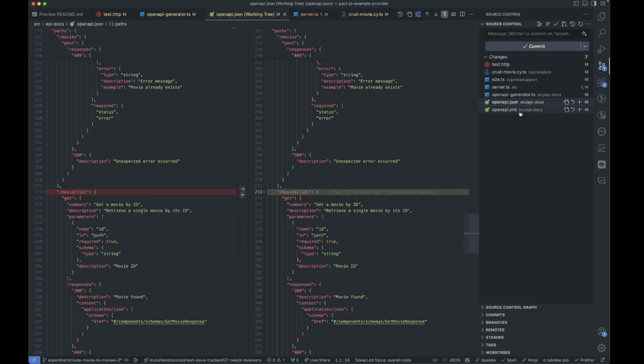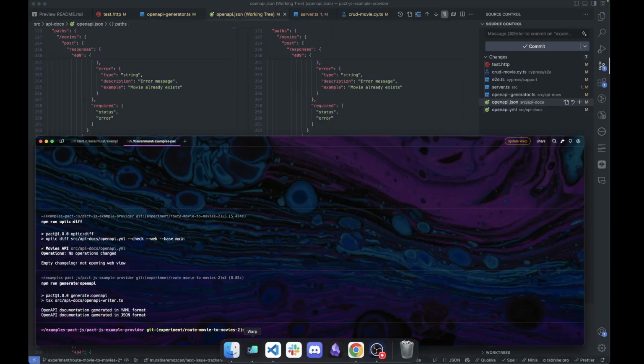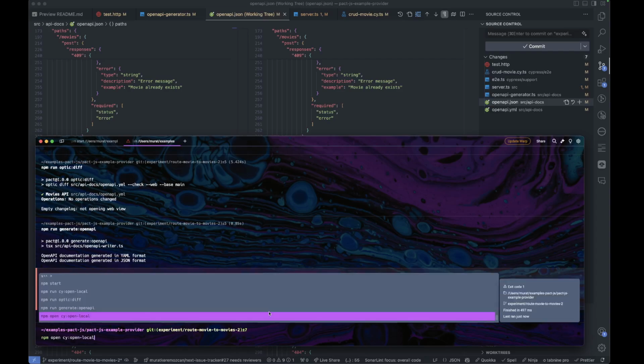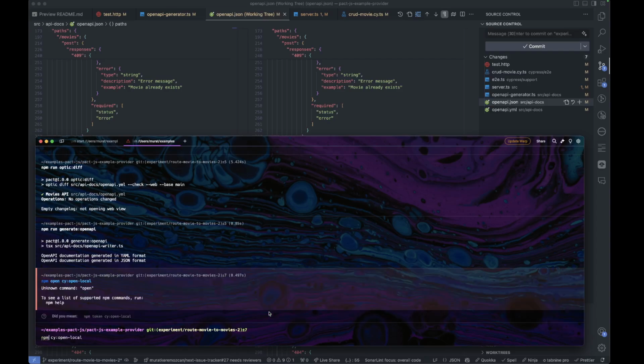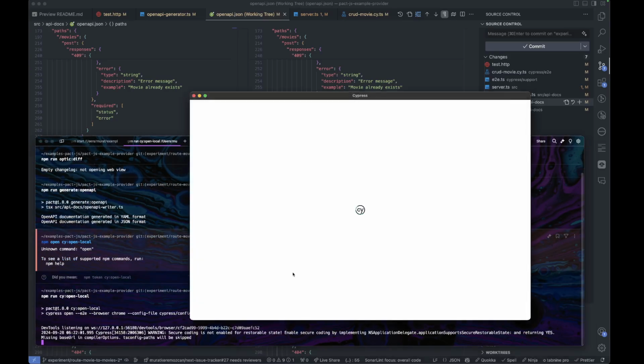So movie becomes movies, and in the YAML version, movie becomes movies. That's perfectly fine, right? So if we run open local, now E2E will work, but also those schema tests that we piggyback onto the E2E are also going to work.